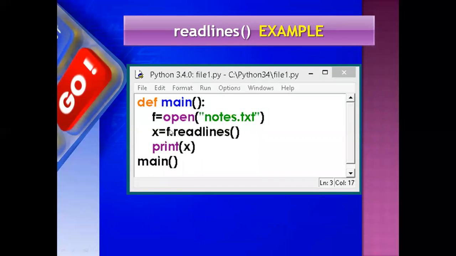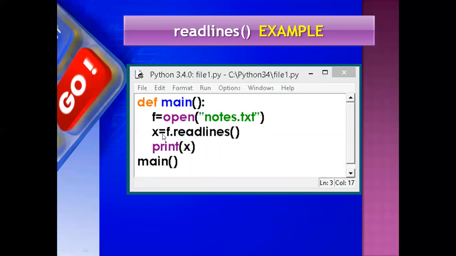See the example of readlines, how to write it. Same as previously discussed. def is a keyword, main is a function here, and you have to put a colon here because it is a function. Whenever you are using a loop, function, or if, that colon must be placed. f equal open notes.txt, this is the file name, an existing file.